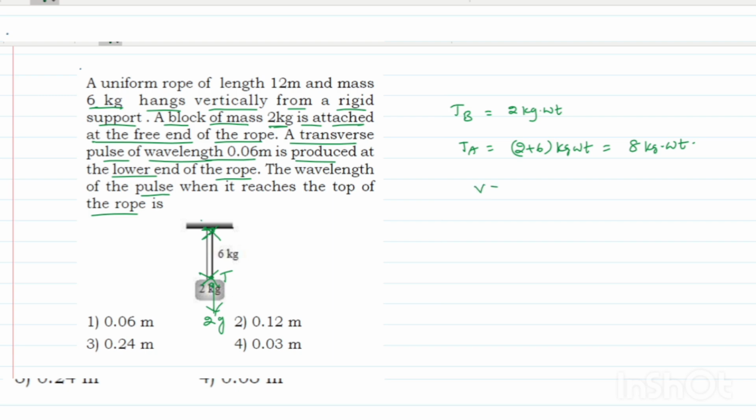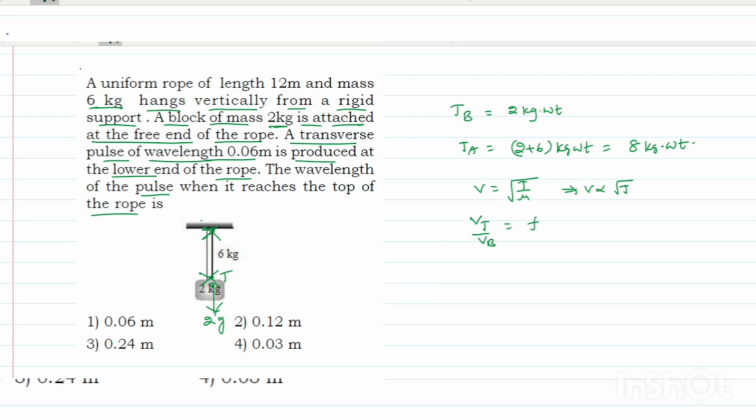Now here the velocity formula will be v equals root over T by mu. The velocity at the top to the velocity at the bottom is directly proportional to root T. Velocity is directly proportional to root T. So Vt by Vb, the velocity at the top to the velocity at the bottom, will be equal to